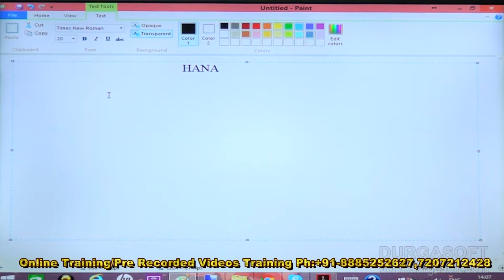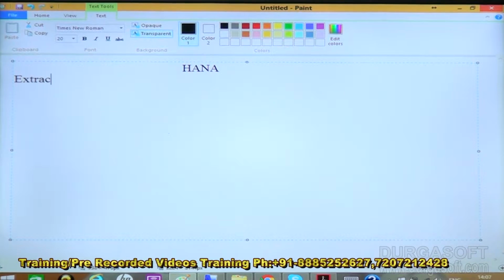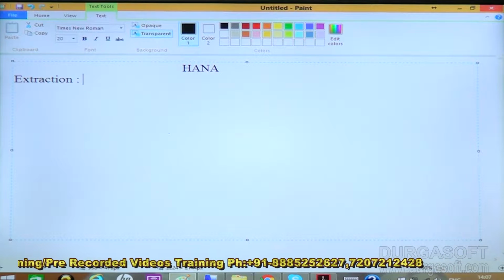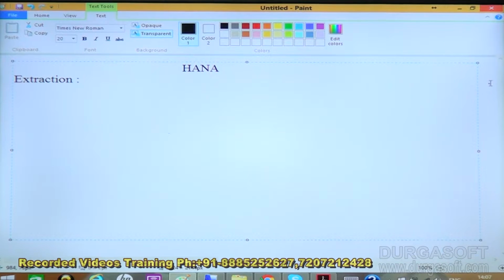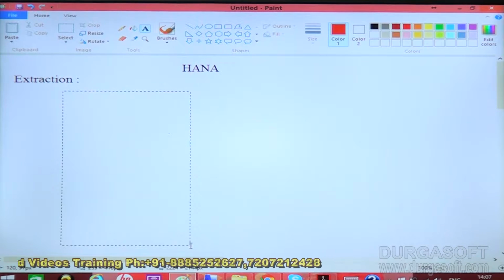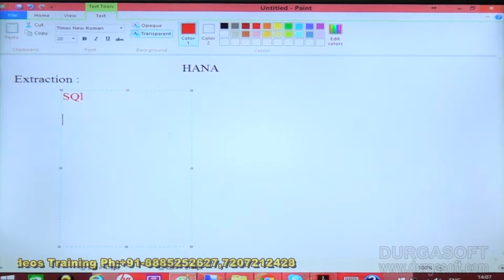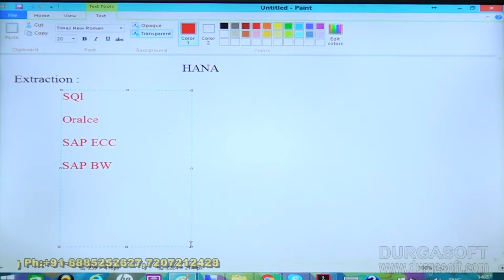So let me show you the things here. First we'll go with the extraction concept. Under the extraction, we have different types of extractions. It means that, suppose in a real-time environment, I do have different databases. It may be SQL Server, Oracle, SAP ECC, SAP BW, or any other database like SAP CRM, or some other flat file systems also.